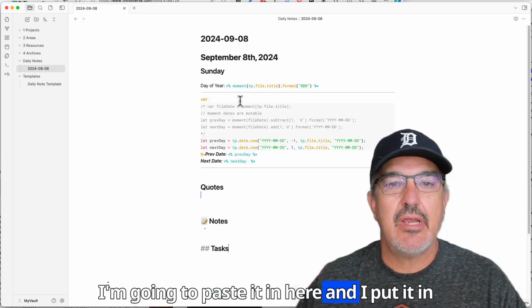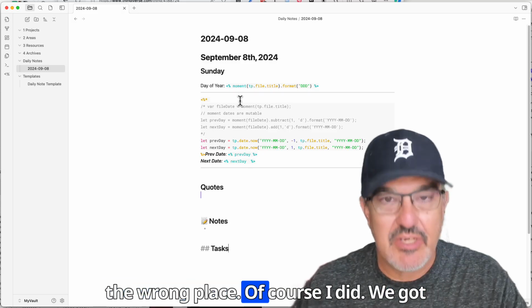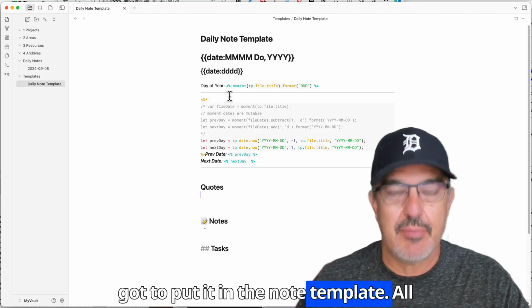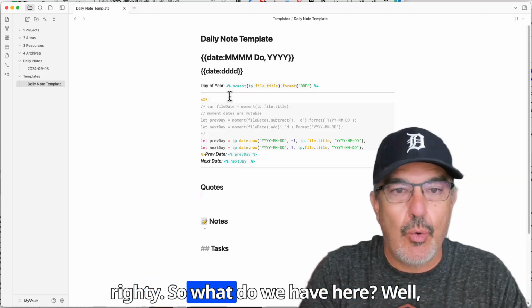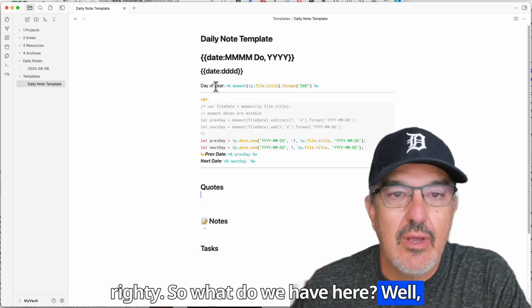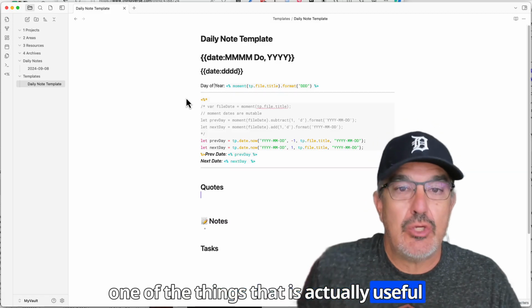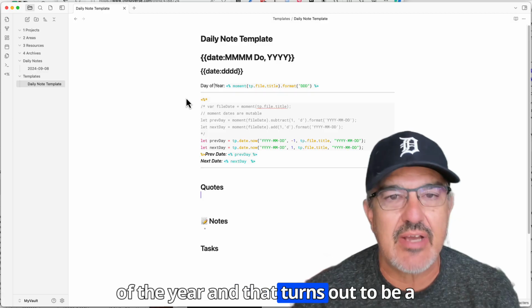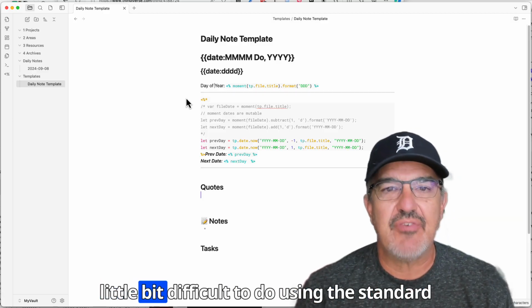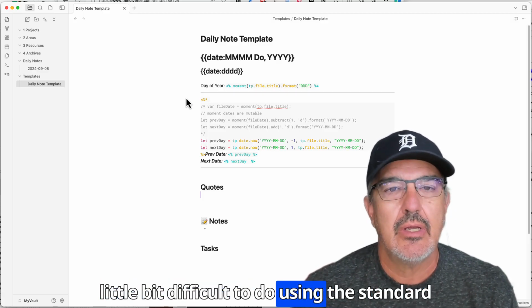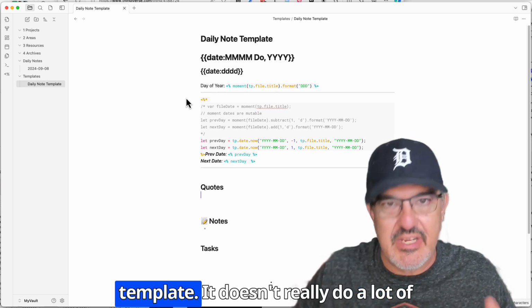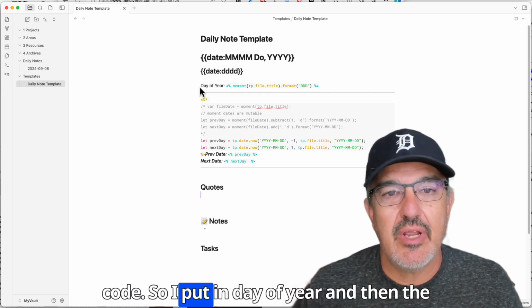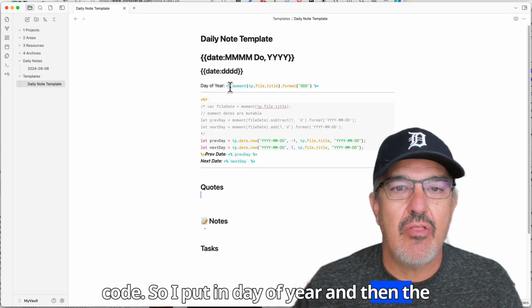I'm going to paste it in here, and I put it in the wrong place. Of course I did. We got to go back to the note template, and we got to put it in the note template. Alrighty. So what do we have here? Well, one of the things that is actually useful for me is I want to know the day number of the year. And that turns out to be a little bit difficult to do using the standard template. It doesn't really do a lot of code. So I put in day of year, and then